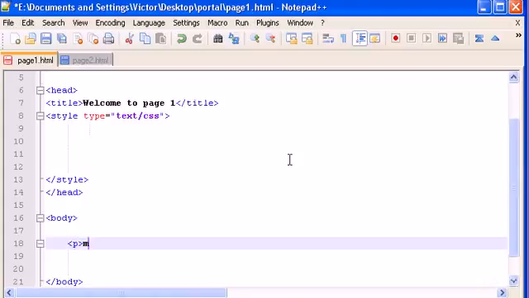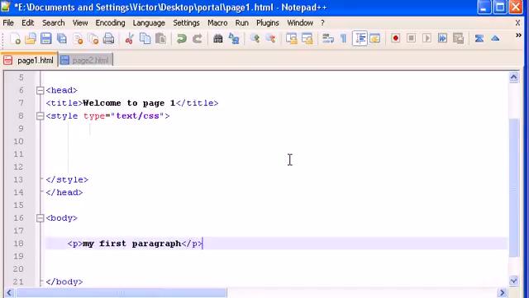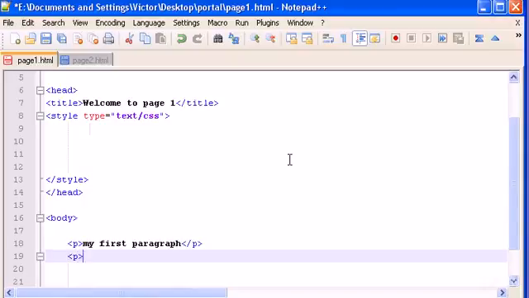different paragraphs. My first paragraph, okay, and now my second paragraph. Okay,